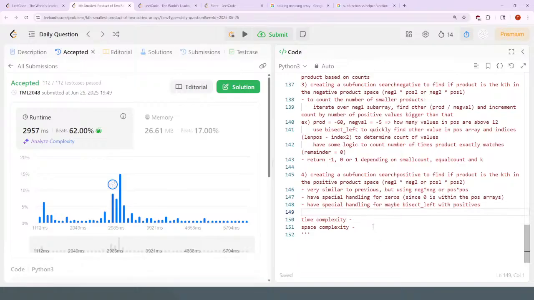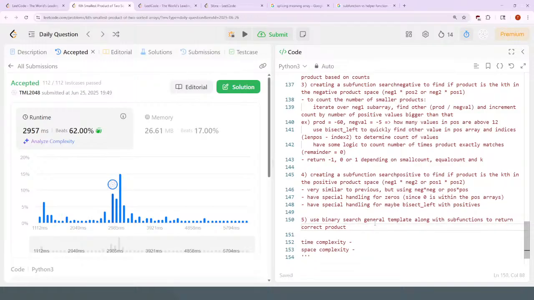All right, and then I guess that's just 4 of the 5, and 5 would be to use the binary search general template along with the subfunctions to return the correct product,